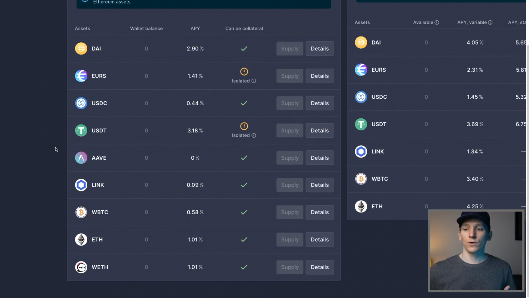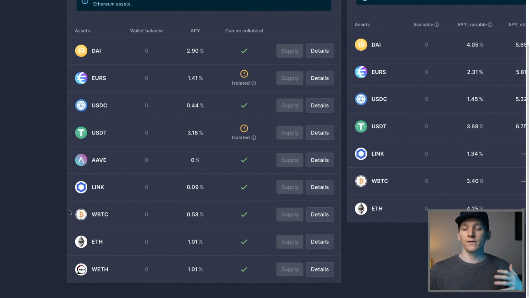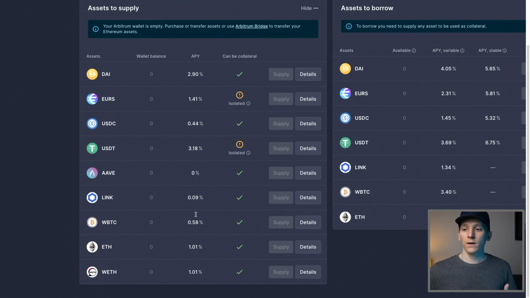As you can see here, what you can do with Bitcoin is turn your Bitcoin into wrapped Bitcoin. And you can see the real yield you should be getting is 0.58%. Why? Because the person has to put more assets on the platform that they're borrowing. So Bitcoin, there's not much use for that on Ethereum, so the interest is very low.